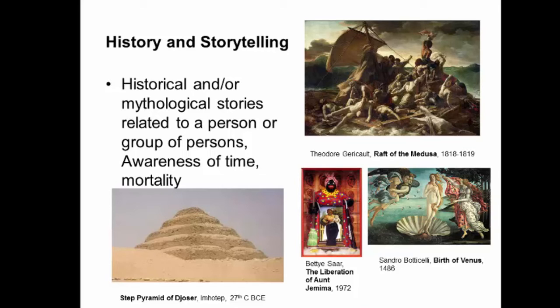It can be an individual political event, such as the Raft of the Medusa. It can be how a group of persons were treated in a culture, such as the Liberation of Aunt Jemima. It can be the remembrance of a great leader, such as the Pyramid of Djoser, which was built by Imhotep. And it can also be a visual understanding of those greater questions, those spiritual questions we ask, such as Botticelli's Birth of Venus. In each case, we are being asked to remember a story or an experience, whether actual, literal, or metaphorical,